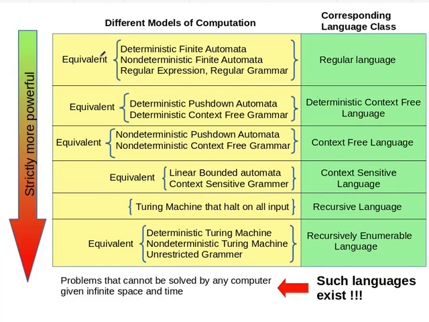We already mentioned this equivalence between these models, and we said that this one is the most powerful, this is more powerful than this, which is more powerful than this, strictly more powerful. And the corresponding language classes are these. Each is the set of languages which can be accepted by any one of these models.